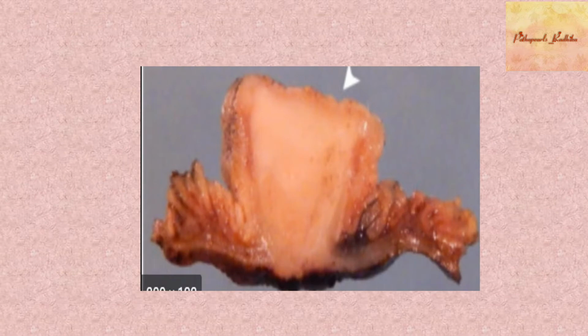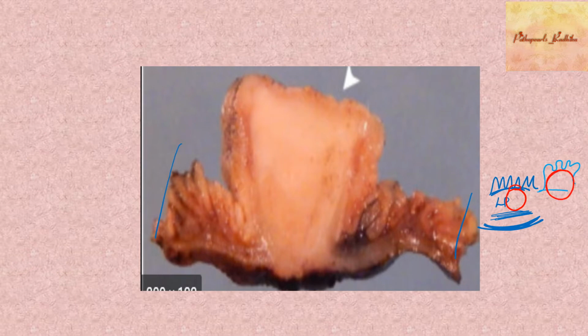Next, on gross, how does it appear? This is a resected segment of a bowel with a tumor. Imagine you have your mucosa in your bowel, then the lamina propria, then your muscular layer, then your serosa, histologically. But when you have a tumor, this GIST will push up your mucosa like this. The mucosa gets elevated like this, and your tumor will usually be submucosal. So GIST is usually a submucosal tumor.